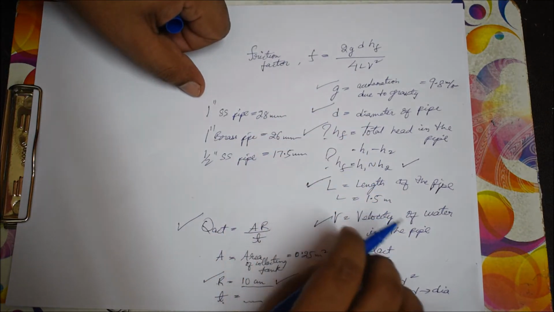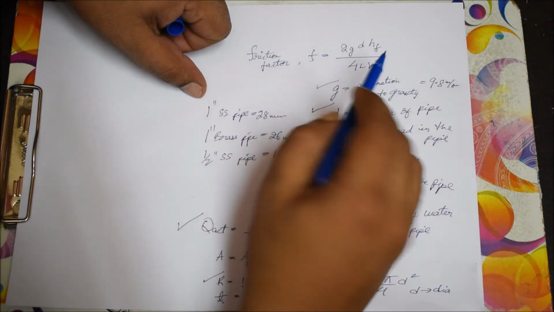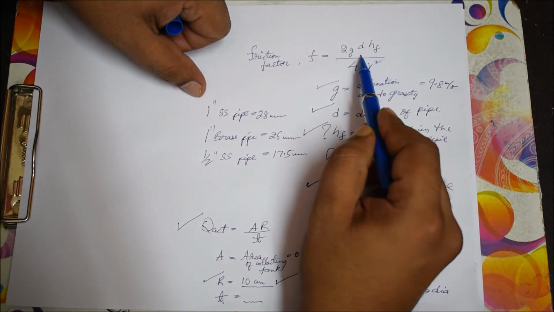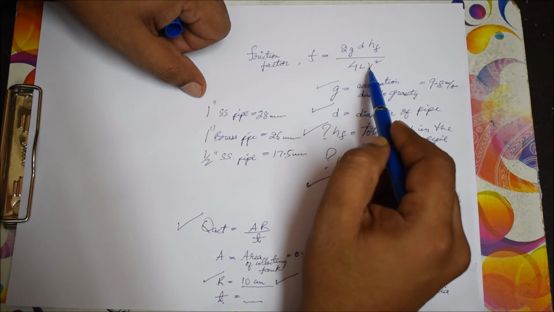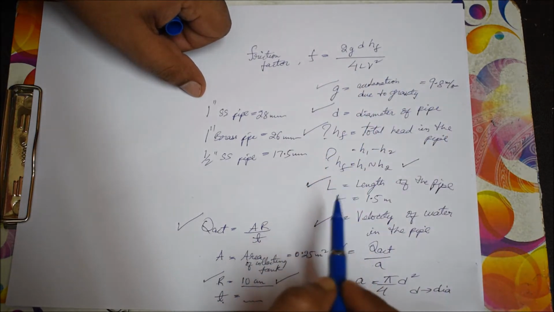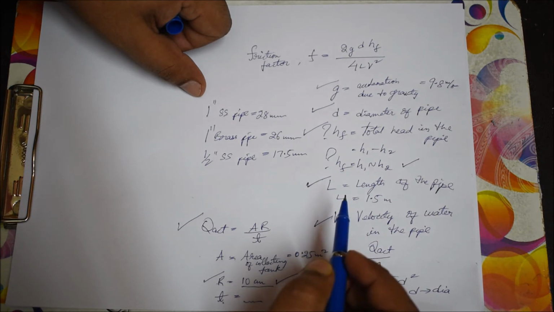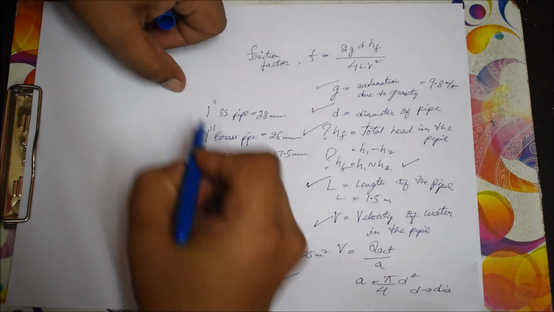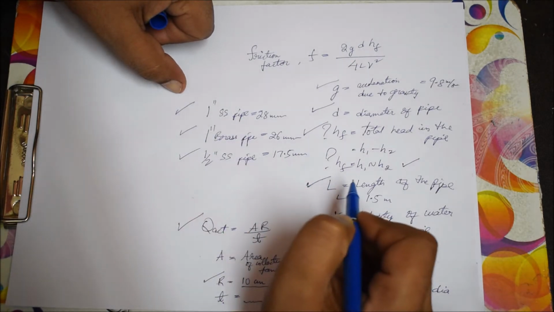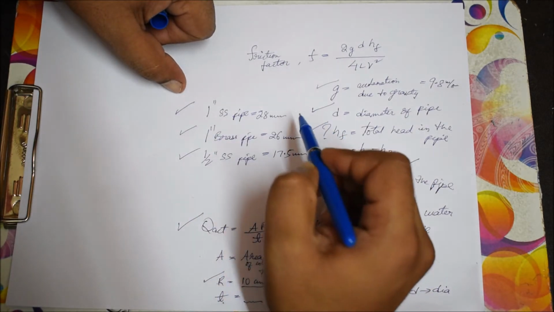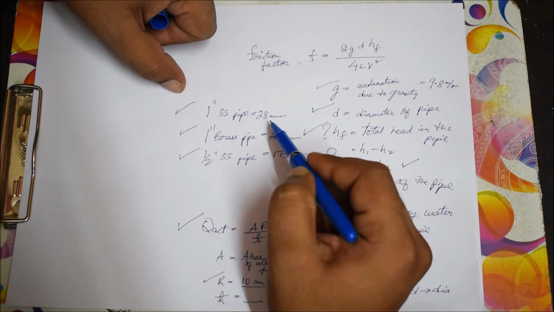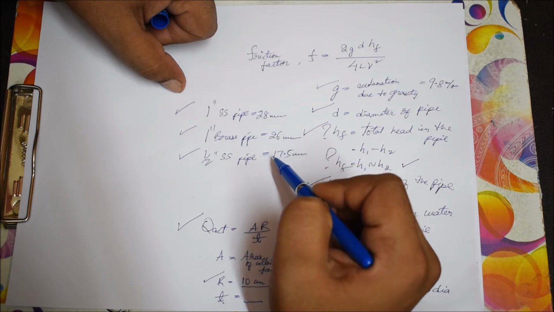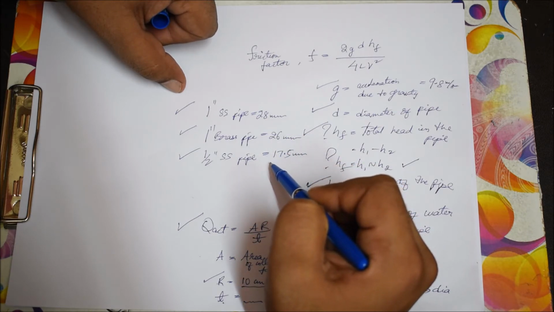Now friction factor depends upon these parameters. It depends upon the dia of the pipe, the total head in the pipe, the length of the pipe, and the velocity of water flowing through the pipe. Friction factor helps us to understand the major losses in these respective pipes better. It's like an index to understand how these pipes behave with respect to the friction and how major losses occur with respect to the pipes.